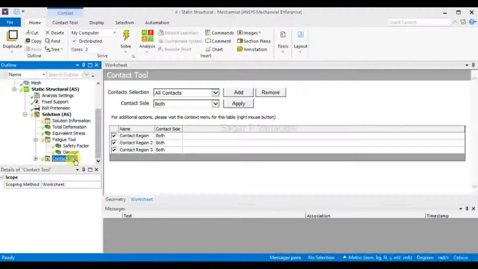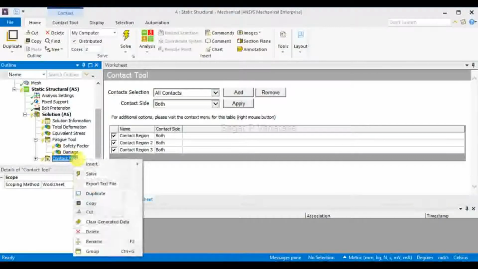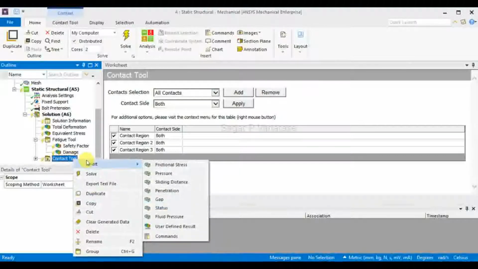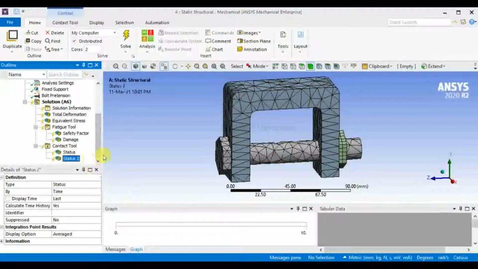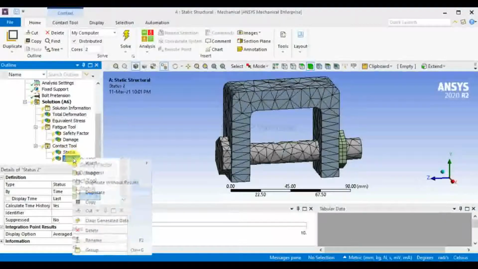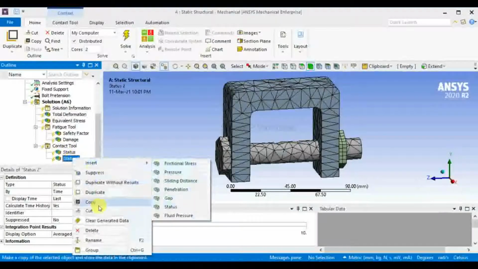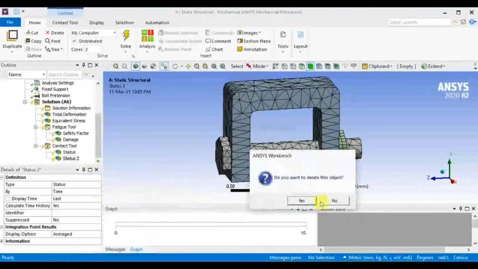So for solving any mechanical problem, I just need to find out the status of our bolt pretension. So I am just clicking on status. Here the status has already been shown. In this status we can delete it.